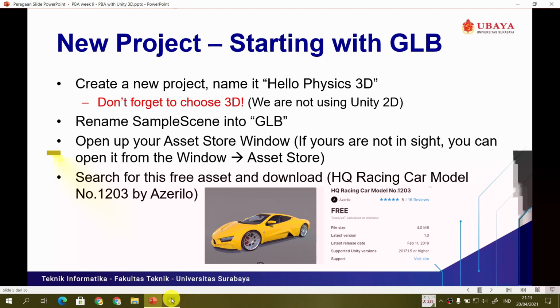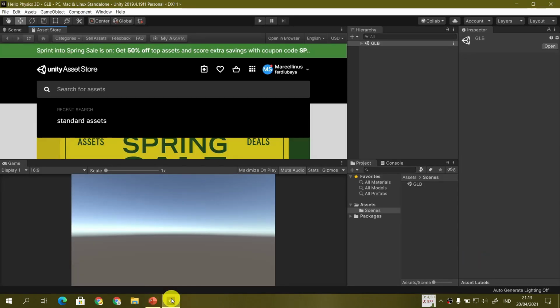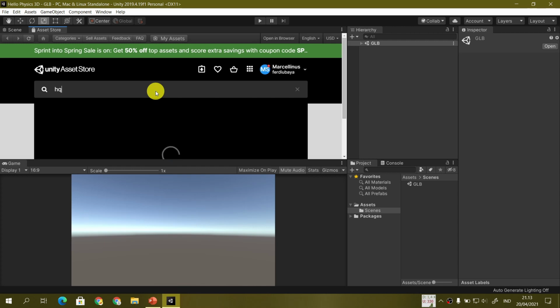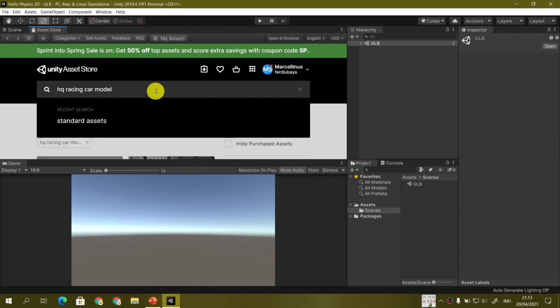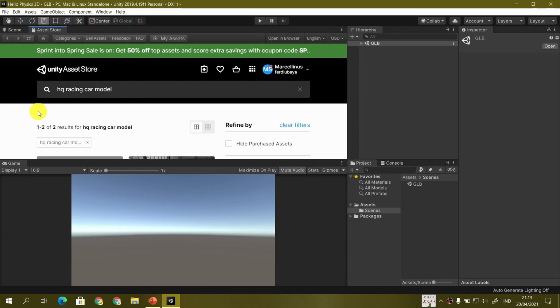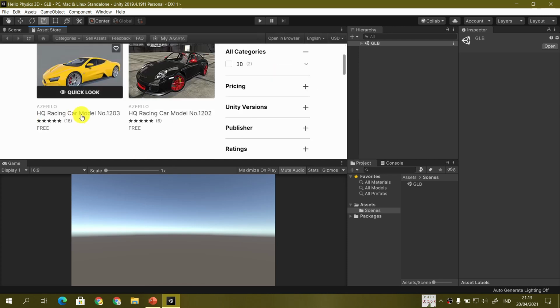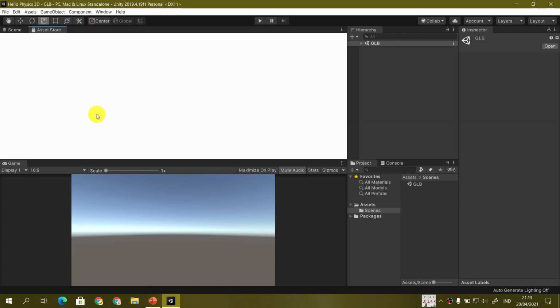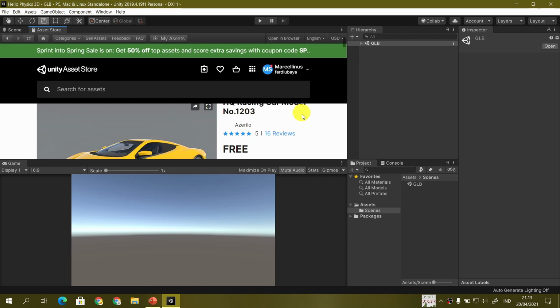Let's search for HQ Racing Car Model. This one, HQ Racing Car Model number 1203, or if you want, you can also use the 1202, both by Azerillo. Just select it